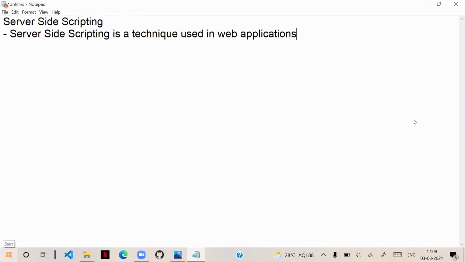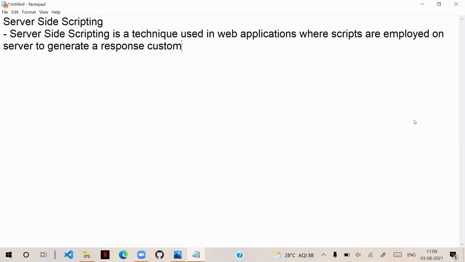So server side scripting is nothing but a technique used in applications where scripts are employed on the server to generate a response customized to every client request. This is the official definition for server side scripting.